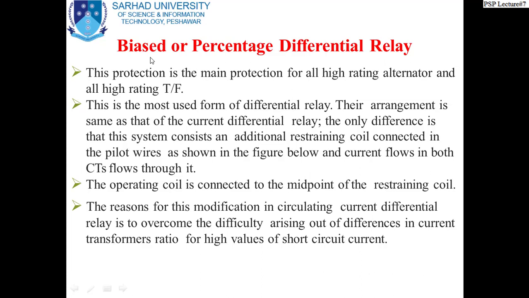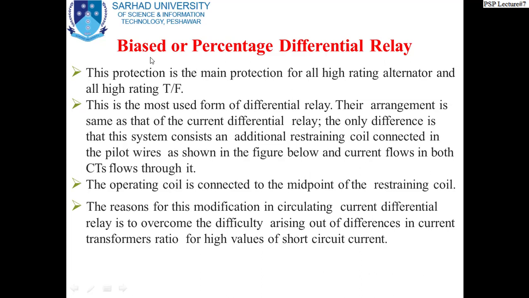This is because of the difference in characteristic of the CTs on both sides, particularly when one CT is carrying a high current and it is to be compared with a number of CTs carrying small current. So both these CTs operate at different points of their operating characteristic. Therefore, sometimes even under normal condition, we get some difference in their output, and since this difference is flowing in the operating coil, sometimes this difference reaches the pickup value of the relay, and therefore the relay is maloperated.